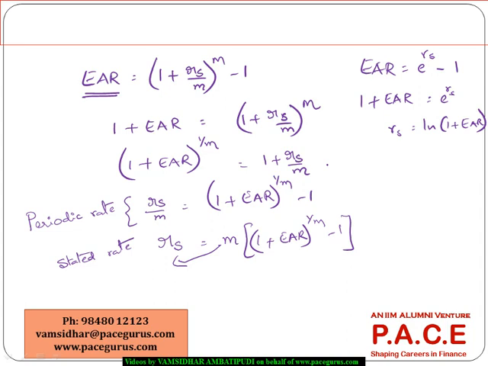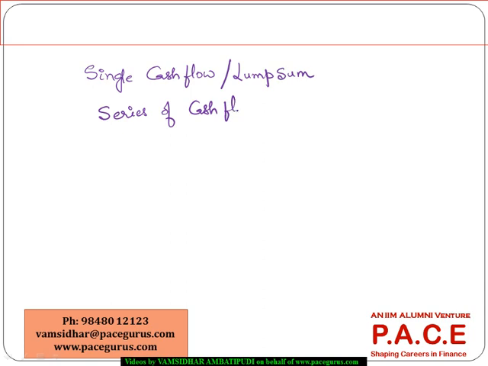All right. Now, till now, whatever we have looked at is a single cash flow, or a lump sum deposit. But in some cases, we talk about a series of cash flows, not just one single lump sum. This means at different periods of time I deposit something. So I may deposit 1000 now, 2000 after 1 year, 3000 after 2 years. So different deposits, probably all of them, let's say,